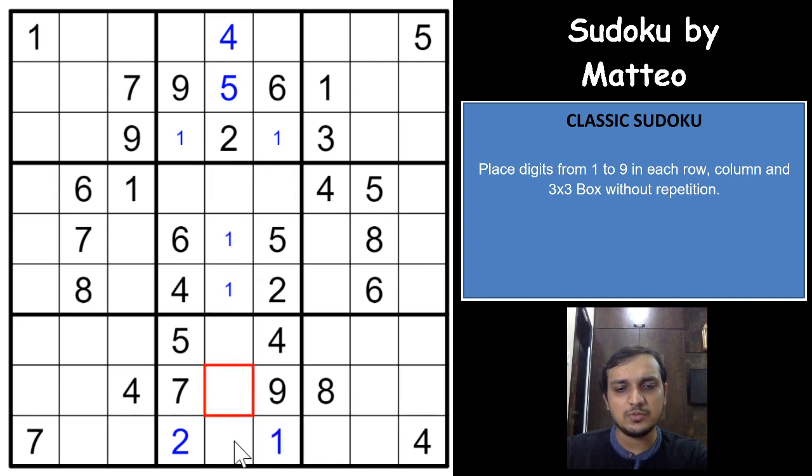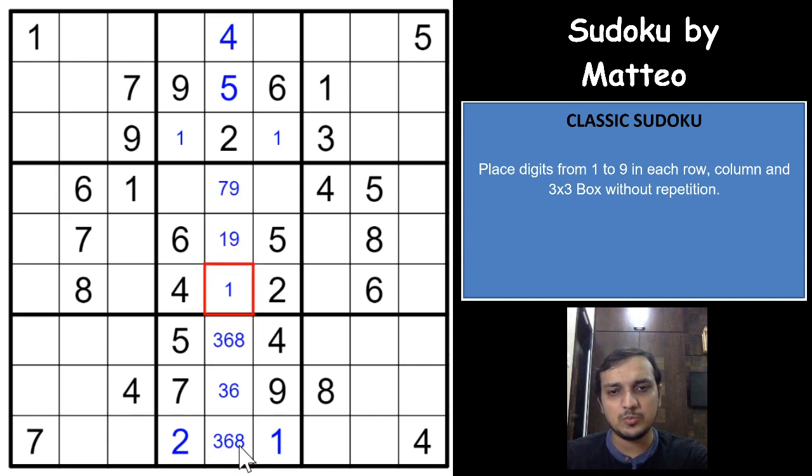So these 3 numbers are 3, 6 and 8, right? So this would have to be 3, 6, this 3, 6, 8 and this 3, 6, 8. And as you can see, both 3 and 8 cannot be in these 3 cells now. So these 3 cells would be 1, 7 and 9. So this would have to be 7, 9, this would have to be 9, and this would have to be 1, 7, 9, right? Now these two digits are 3 and 8. So let us mark those here.